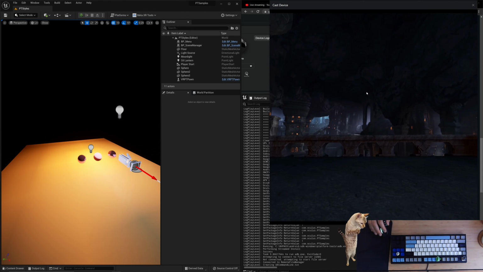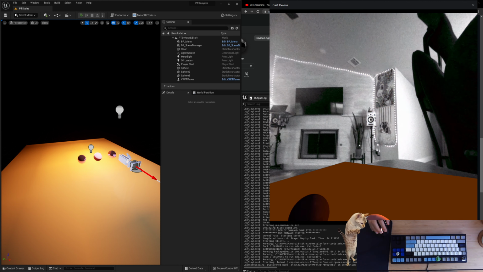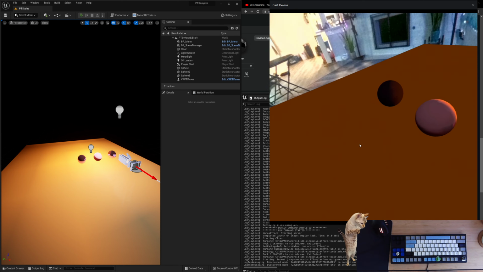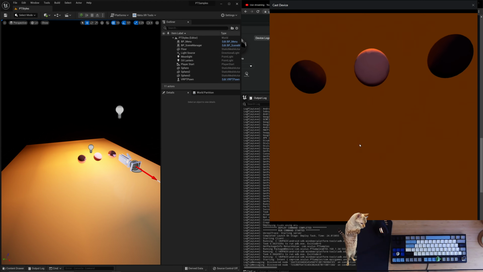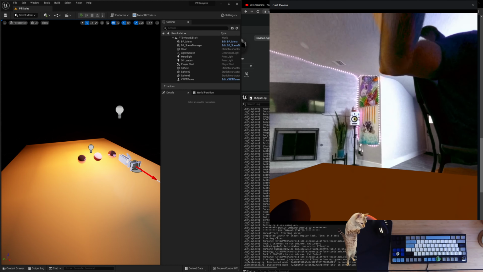Okay. Deploying onto the Quest. It's using port 5555. All right, here we go. Baked lighting. That also looks like dog shit. Okay, so